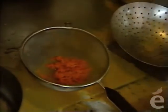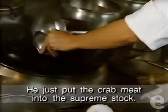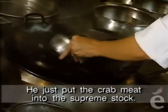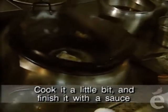Oh. So it's not 100% cooked. Now you can see it because before it was very soft, and now it has its own texture. And it's a little bit more hot water. It's much more delicate than poached egg white. Yes. Now he just put the crab meat into the supreme stock, cooked it a little bit, and finished